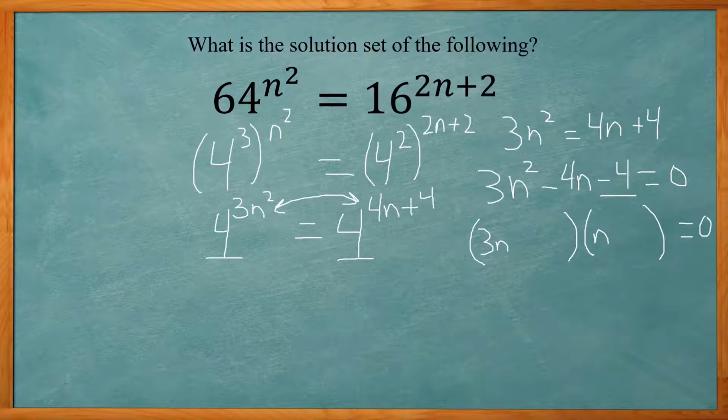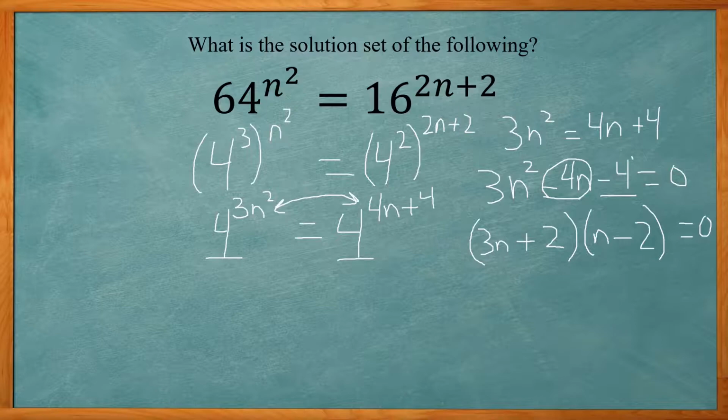So you can just play around with 1 times 4. If I do 3 times 4, that's going to be 12. And I can't subtract enough to get down to the negative 4. So if I try 2 and 2, 3 times 2 is 6, and 2 times n is 2, so 6 and 2, I can get that down to 4. If I make this negative, that'll give me a negative 6, and then plus 2 will give me the negative 4 that I need, and 2 times negative 2 will give me the negative 4 at the end,